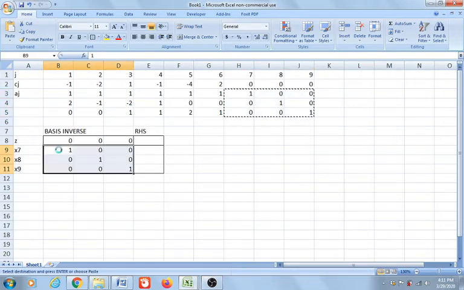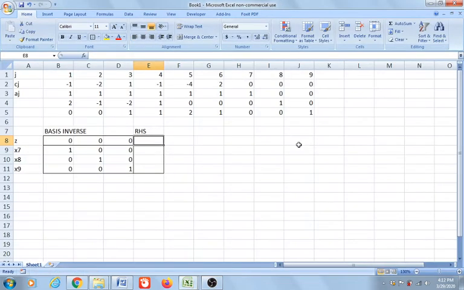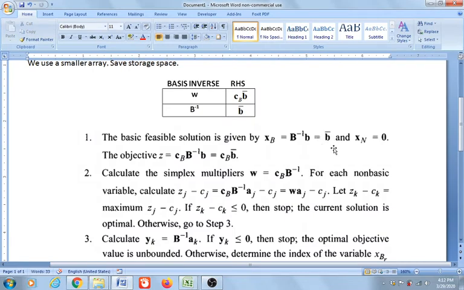Okay, so I'm just gonna copy it down. Now your right hand side, so see the equation for the right hand side, this is CB B bar. And what is the B bar? Your B bar is B inverse B, and that's your B bar. Since now our B inverse is an identity matrix, so therefore our B bar is the identity matrix times B,